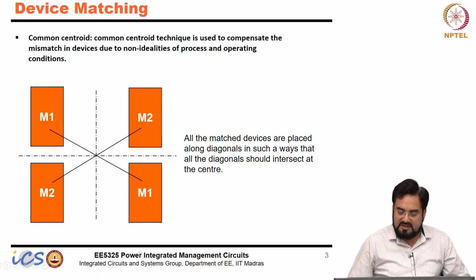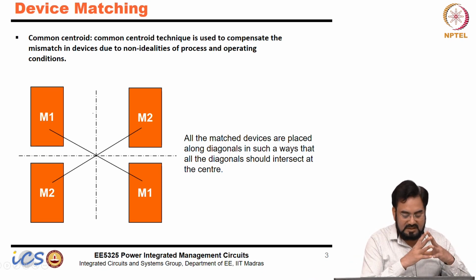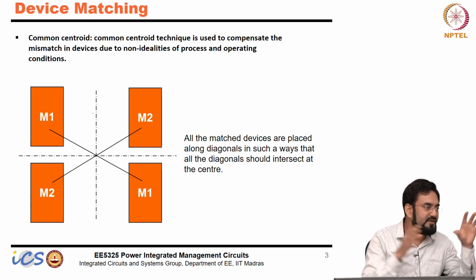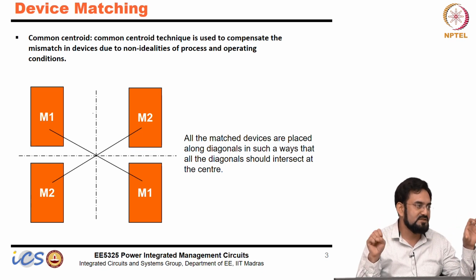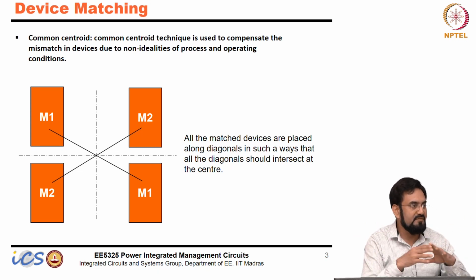So, there are different rules you need to follow when you are doing especially the analog layout. One is common centroid. Think about doing an op amp, and in the diff pair you need to match the input transistors. If there is a mismatch, that will create offset. So they have to be perfectly matched.